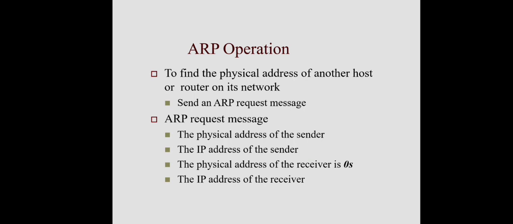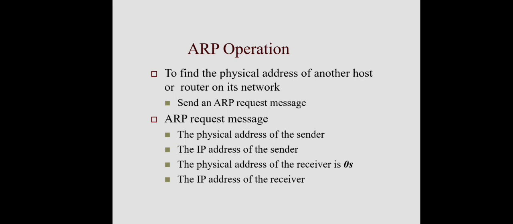And suppose the sender machine knows the name of the corresponding destination machine. That is, the URL of the destination machine is known to the sender machine. So that URL is definitely converted into the corresponding IP address by the domain name system, right? That means the sender now has the IP address of the destination. But for communication within the LAN, we should know the corresponding MAC address, then only the communication is possible. So how to get the corresponding MAC address for that destination? Here we can use this ARP protocol. Different other cases are also there. We can see them later.